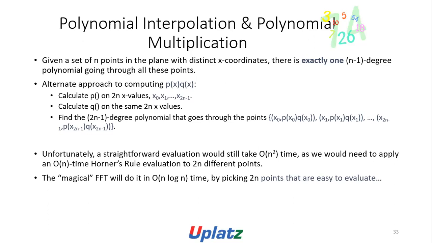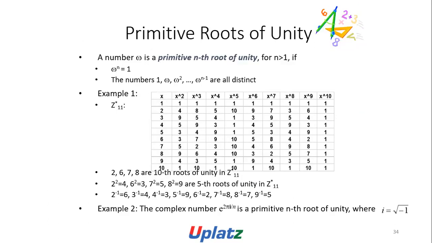Unfortunately, a straightforward evaluation would still take order n squared time, as we would need to apply an order n time Horner's rule evaluation to 2n different points. And the magical FFT will do it in order n log n time by picking 2n points that are easy to evaluate. A number omega is a primitive nth root of unity for n greater than 1